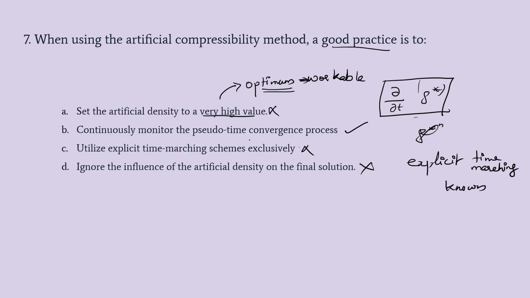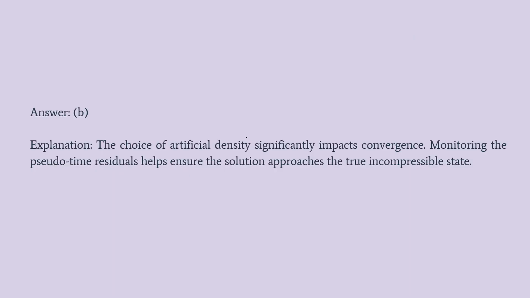loop, and if we are not monitoring the convergence of that particular time, that is this time ∂/∂t of rho star, I am writing this for every step. This is iterated on a pseudo time iteration loop, and this particular time iteration should be monitored, because only if this one converges to steady state, then only we can input the parameters,